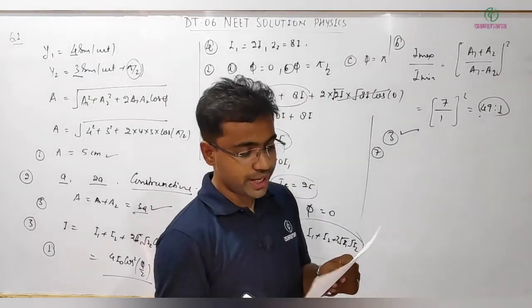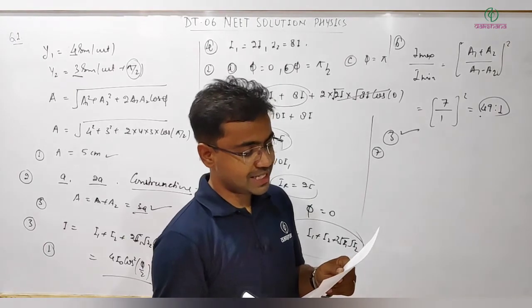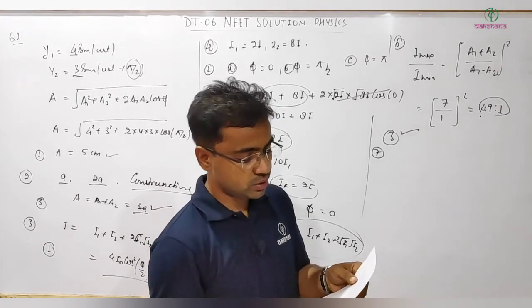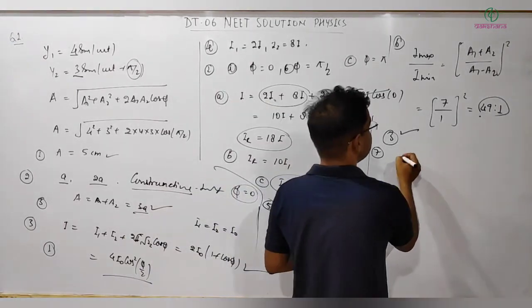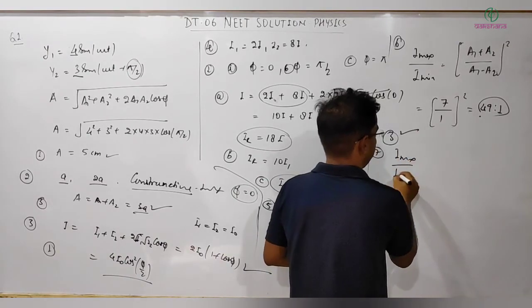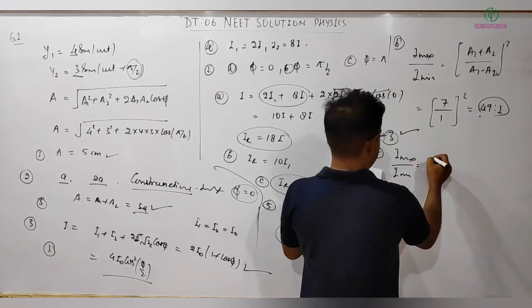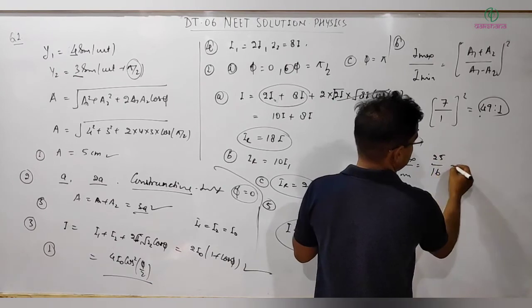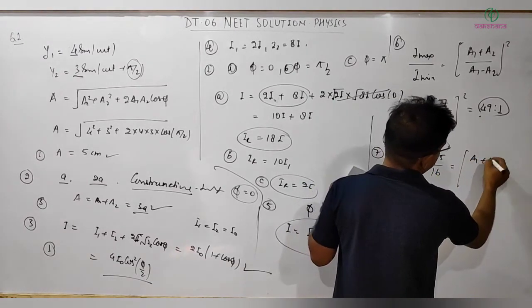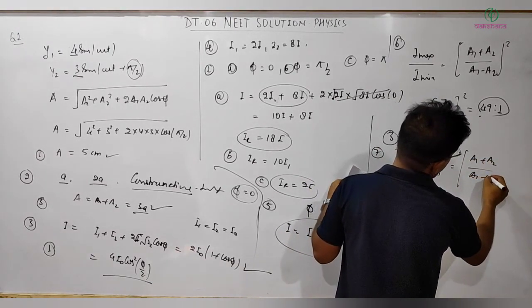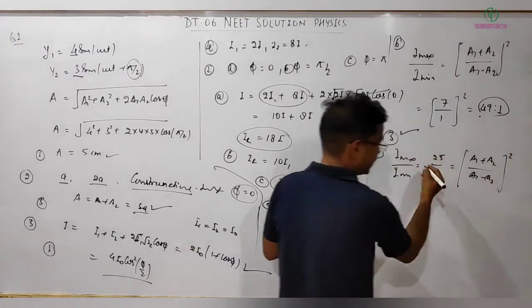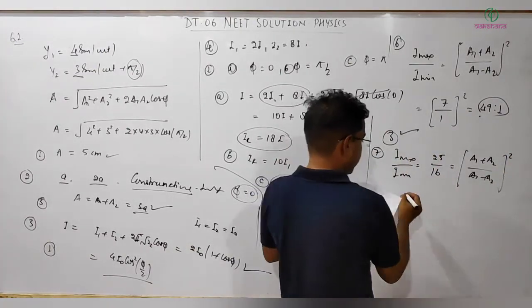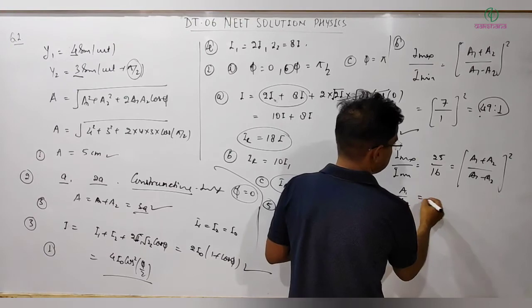When two coherent waves interfere, the maximum and minimum intensities are in the ratio of... So question number 7, it's given I max divided by I minimum is equal to 25/16, and we already know it's (A1 plus A2) divided by (A1 minus A2), whole square. So simplifying it, we will get here A1 by A2,